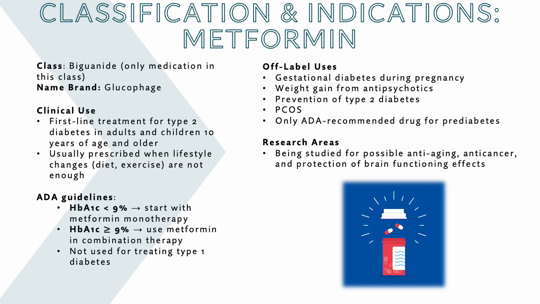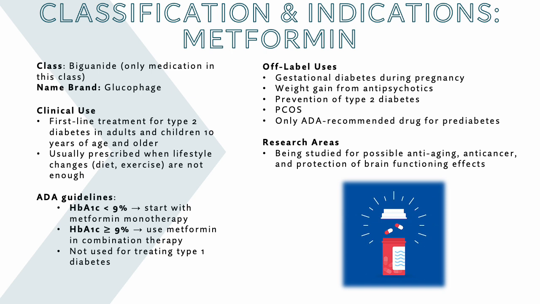Back to metformin. This medication belongs to a class called biguanides, and it's the only medicine in that specific group. You may know it by its name, Glucophage. Clinically, metformin is the go-to first-line treatment for type 2 diabetes in both adults and kids who are 10 years and older. It's typically prescribed when just making changes to your lifestyle, like diet and exercise, isn't enough to manage